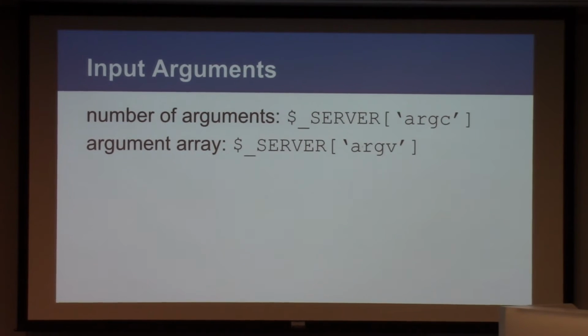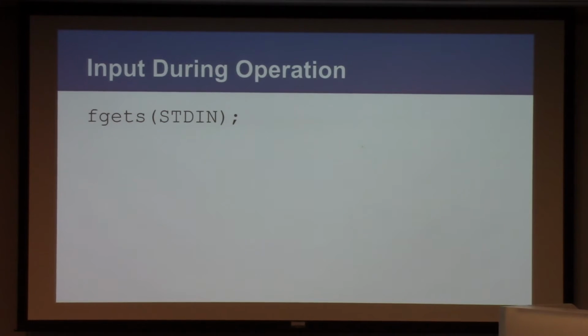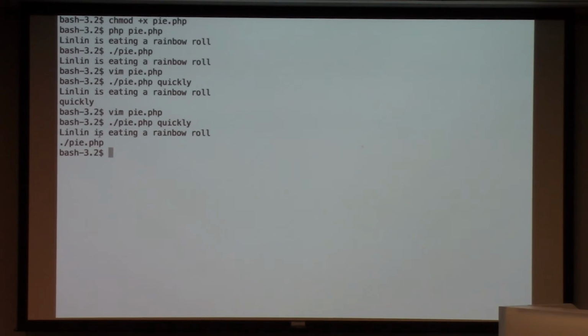This is really handy when you're setting this up or if you're doing it automatically. But if you want to make this more interactive with users, there's another way to do that, and that's using this fgets function. Basically what this does is it stops operation and waits for the user to put something in. It's really handy. I normally use it when I'm just making a silly script. So if I go back to this pi.php,